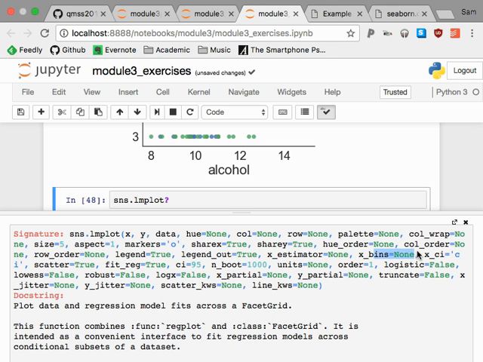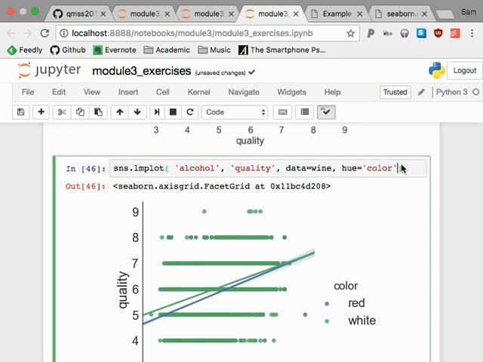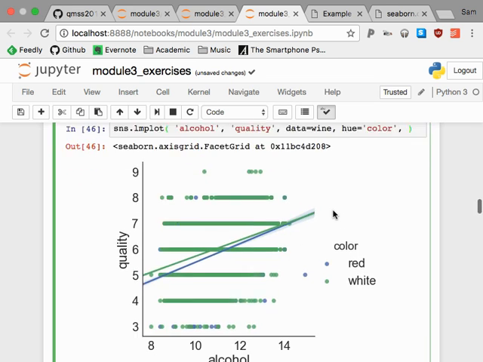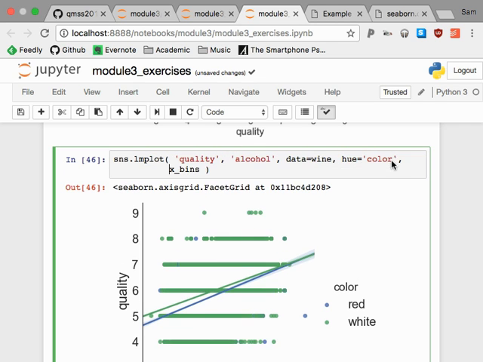Well, let's go back to the docstring. That's displot, Sam. Keep up with yourself. There should be, and in fact there is, an option for us to specify bins so that we can actually bin all of those dots to make them go away. So we want to bin along